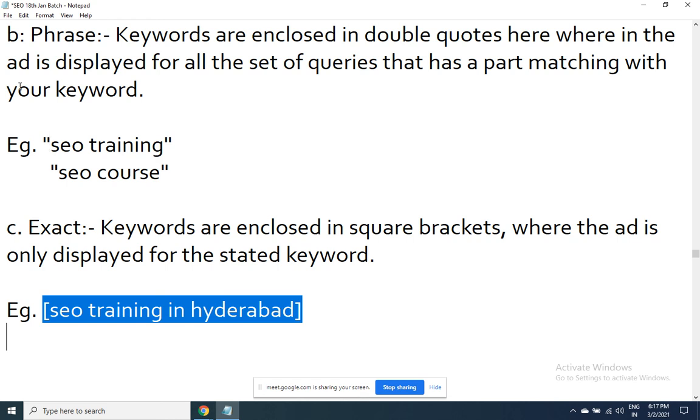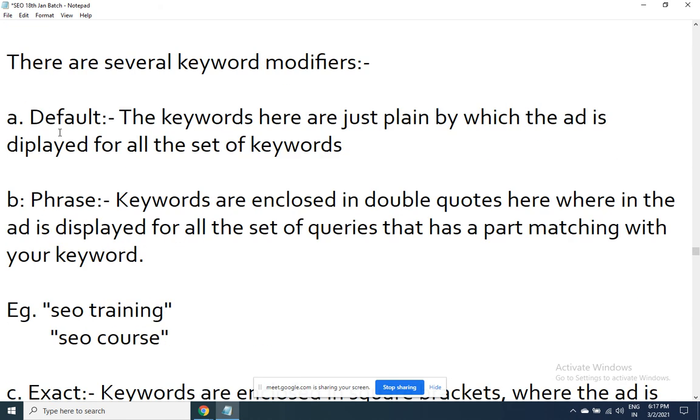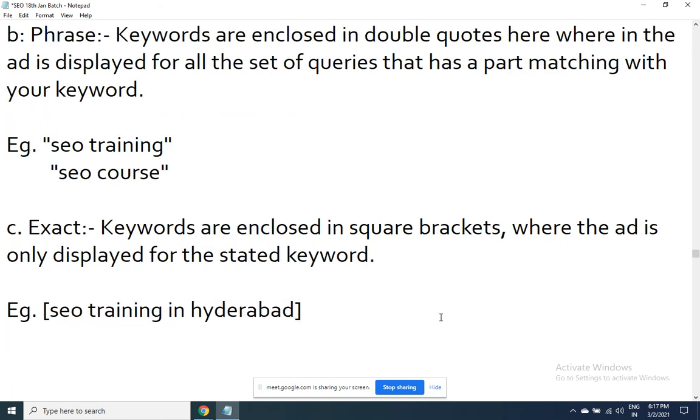So do make sure that if you are using phrase or the default modifier, you add a negative keywords list. I had actually saved the list of the negative keywords. Maybe in the next class I will find out where it is. So there are several negative keywords, and that's our universal negative keywords list, which must be used for every ad.